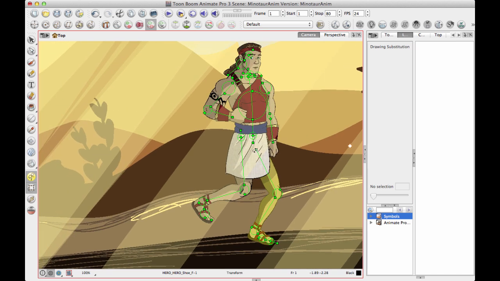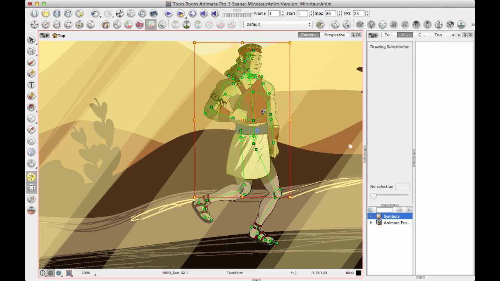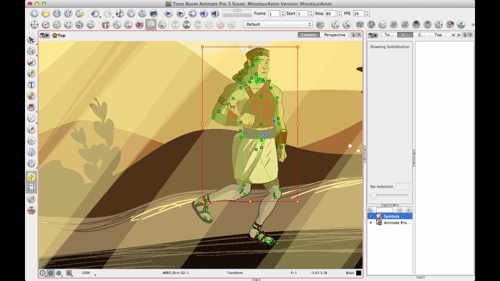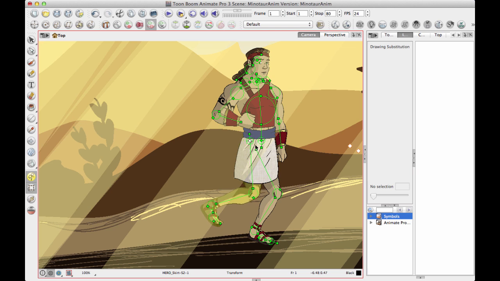But it's not a big problem, because if you just select any of the other elements, you can go up the hierarchy until you get to the group that contains all the elements except the legs. And then you can go in there and reposition that group as necessary. And I can slide that leg back in there to reposition that. And then you can even go in here and access those individual layers if you need to do a little